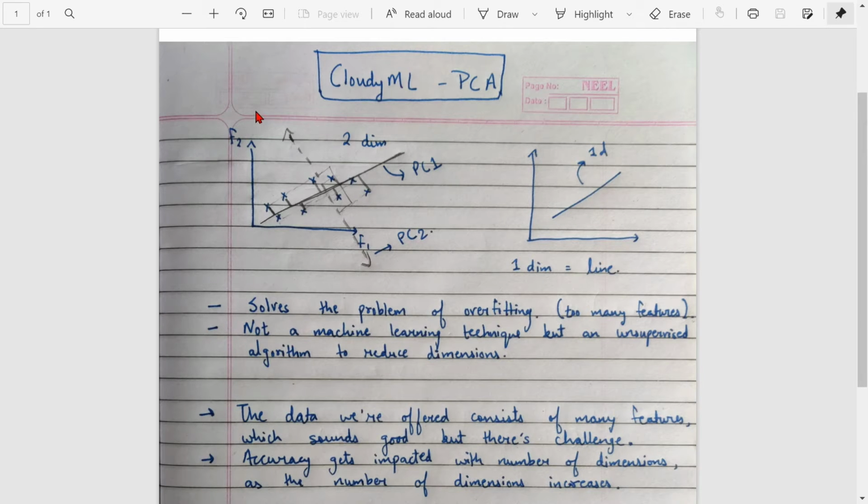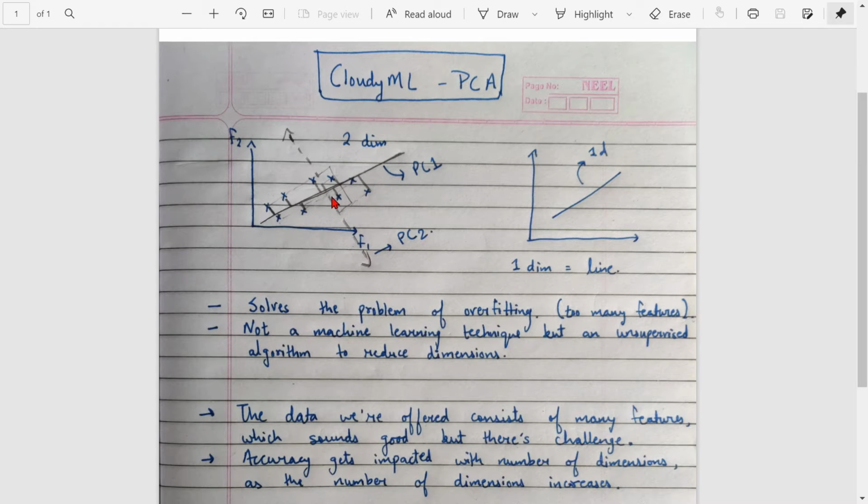If I am looking from this point, where my cursor is right now, I will see a line which looks like this. And then these points will be mapped on the line. Because if I am looking from this angle, I will see a line, and all these points are mapped on this line, which is the best fit line. Obviously, we are going to have some variance because these points actually don't lie on the line, but from my angle, I believe that these points are mapped on this line. So this line is called principal component one for us.